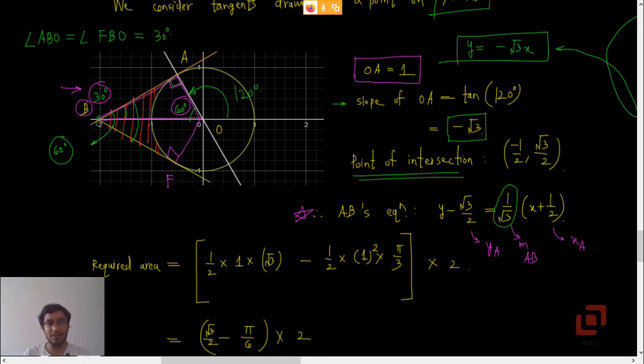So can I say that this area is equal to 2 times the area in the second quadrant? Yes, that is this one. Okay, and to find the required area in the first quadrant, what I did is I considered the area of the triangle OAB, and then from this area I subtracted the area of the sector. What sector? Let me call this point as D. So area of the sector OAD.